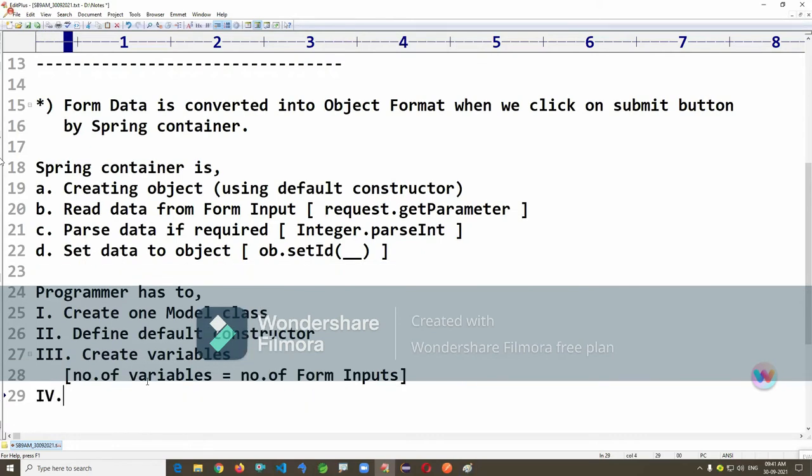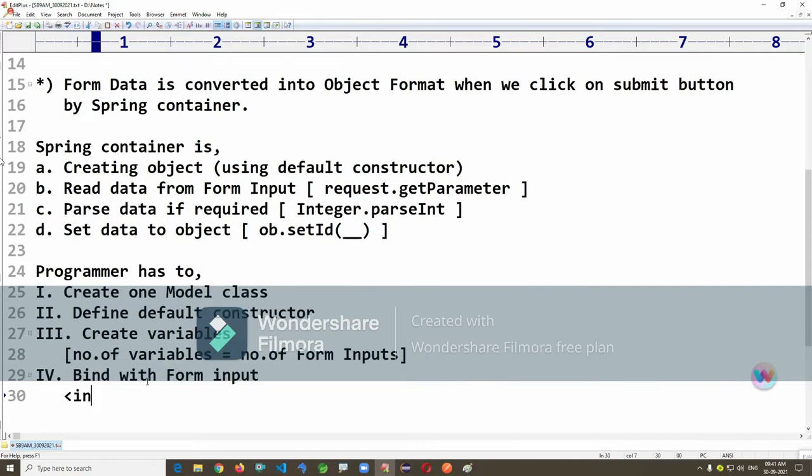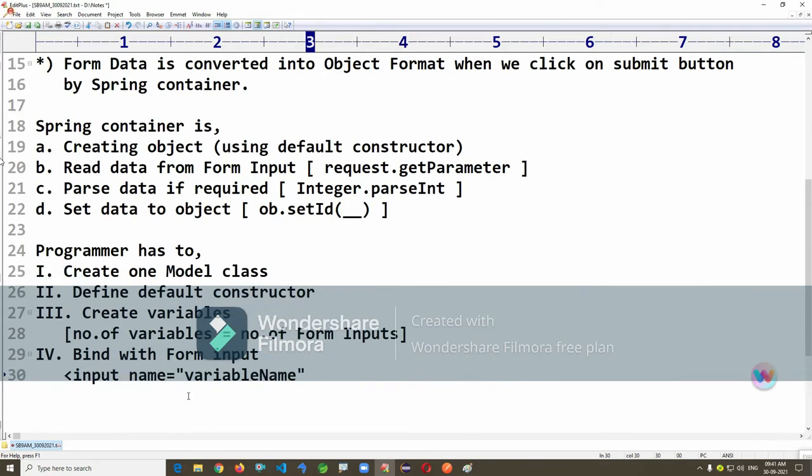Finally, bind with the form input. How to bind? There will be an input tag you are going to write. Input name must match with the variable name. Then it will solve your problems. Select name must match with the variable name.